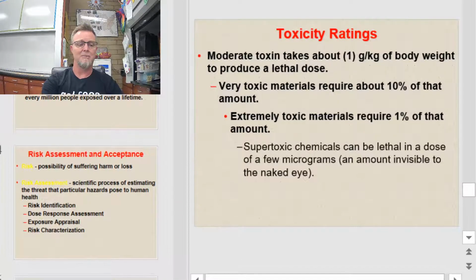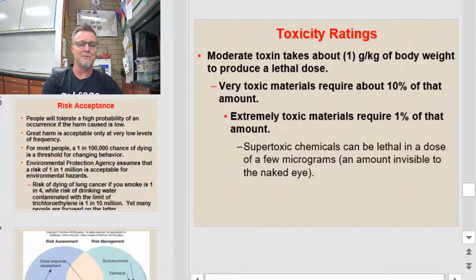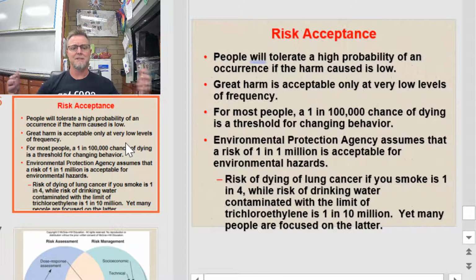All right, gang, you've been very tolerant and I appreciate it, but there is one last thing that we've got to deal with down here at the bottom of all of this, and that is how your risk assessment has led to some risk acceptance. When we think about risk acceptance versus risk assessment, the assessment is how dangerous is it? The acceptance is, am I going to listen to that dangerous measurement or not? So your risk acceptance is basically what people will tolerate.